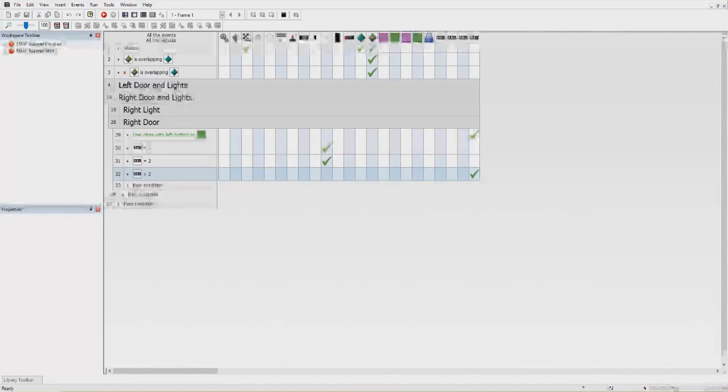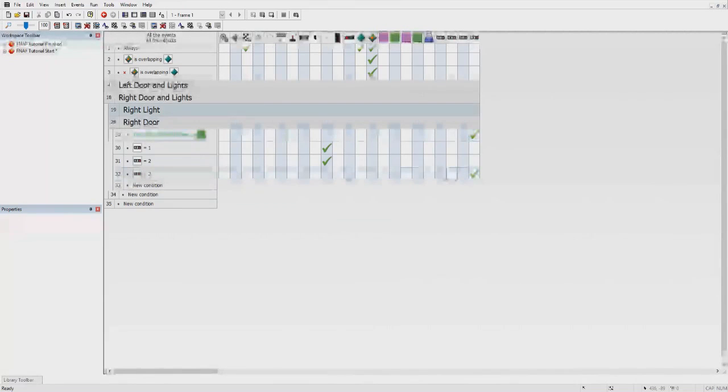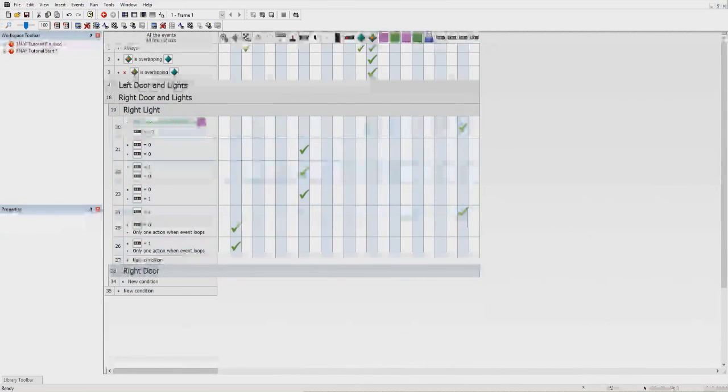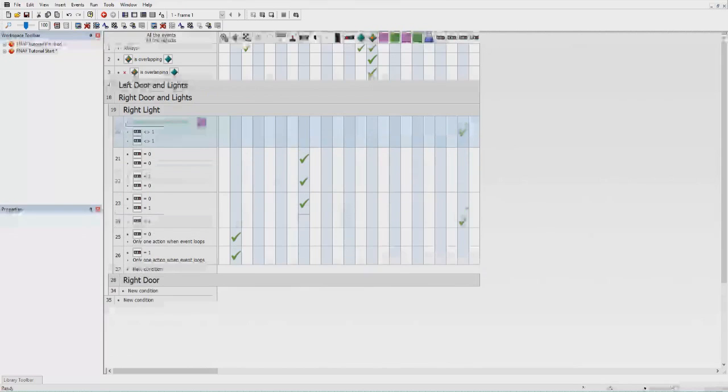You can close both the doors, but if that light is on, then you cannot turn on that one. So one thing to make it even better, to stop it from playing the sounds, is to do if the